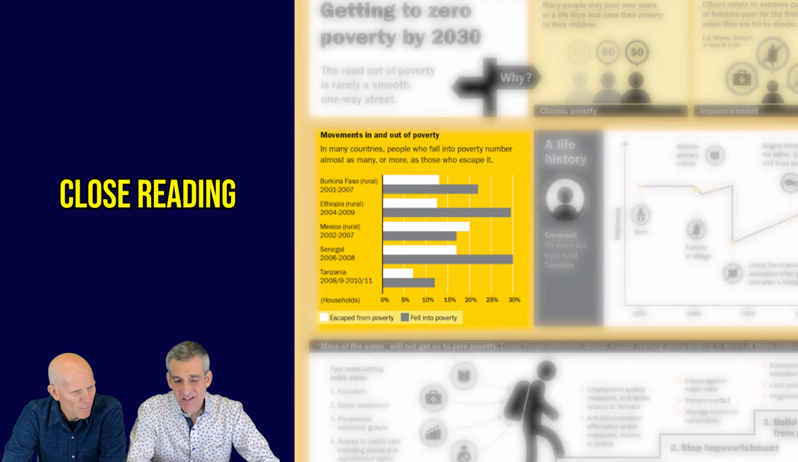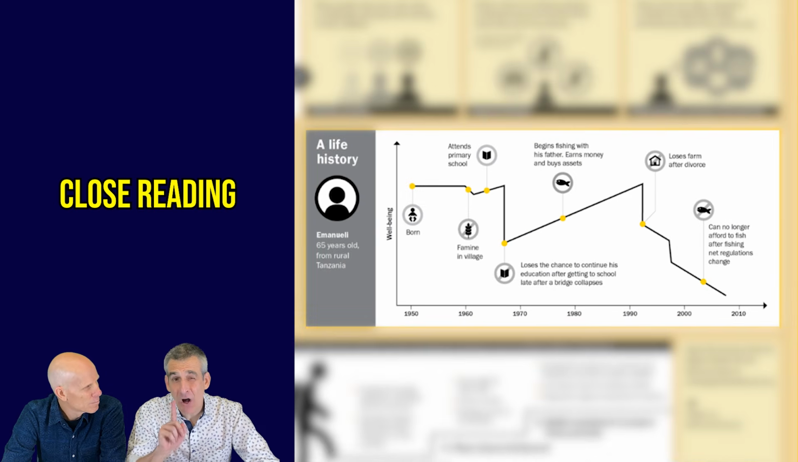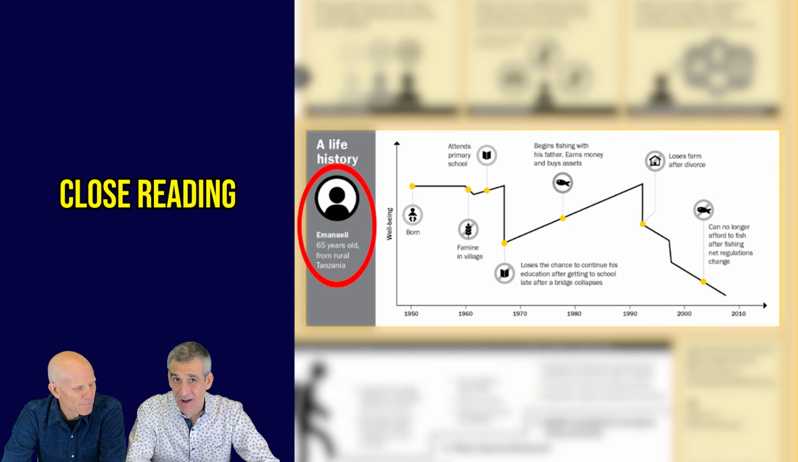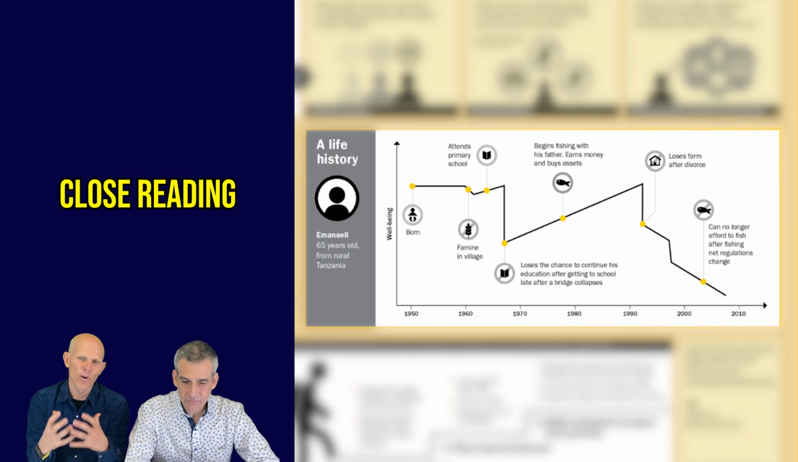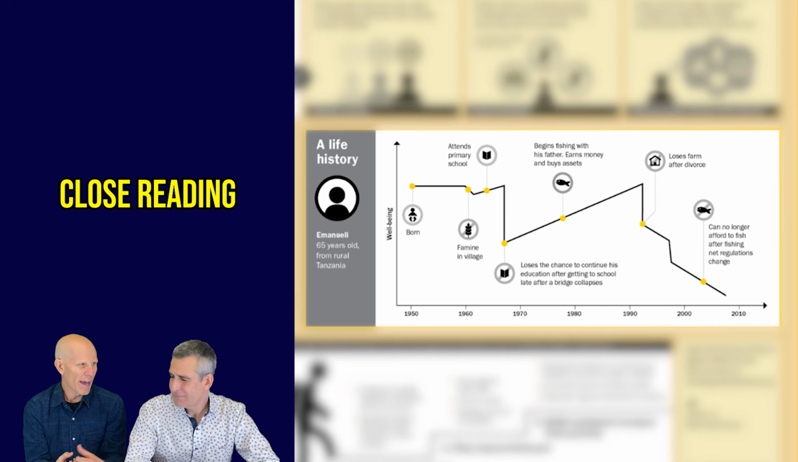It was taken from statistics, but then on the right-hand side, we have some qualitative data, and we see a man named Emmanuel represented by an icon rather than his photograph, and then it's labeled as a life history. This is interesting. This is cool. Talk about it. I love that because it's personalizing it. I think whenever we have an anecdote or a story that's individual, we know that's going to have more